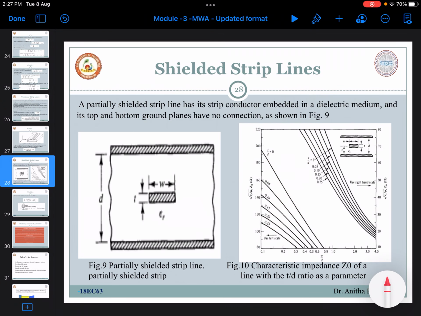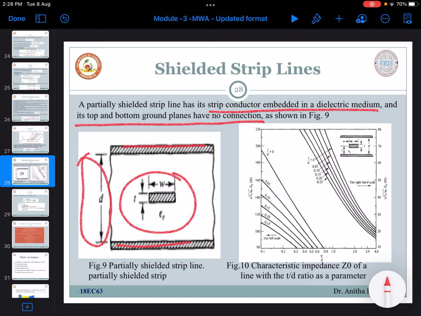Now coming to the last one, which is a shielded strip line. The geometry is slightly different from the previous ones. It has a strip conductor which is embedded in a dielectric medium with top and bottom ground planes which have no connection. You can observe here, top layer and bottom layer both are ground planes, whereas the strip is embedded in the media. So if I consider the height of the dielectric material as D and epsilon r as the permittivity, then a strip conductor of width W which is embedded with